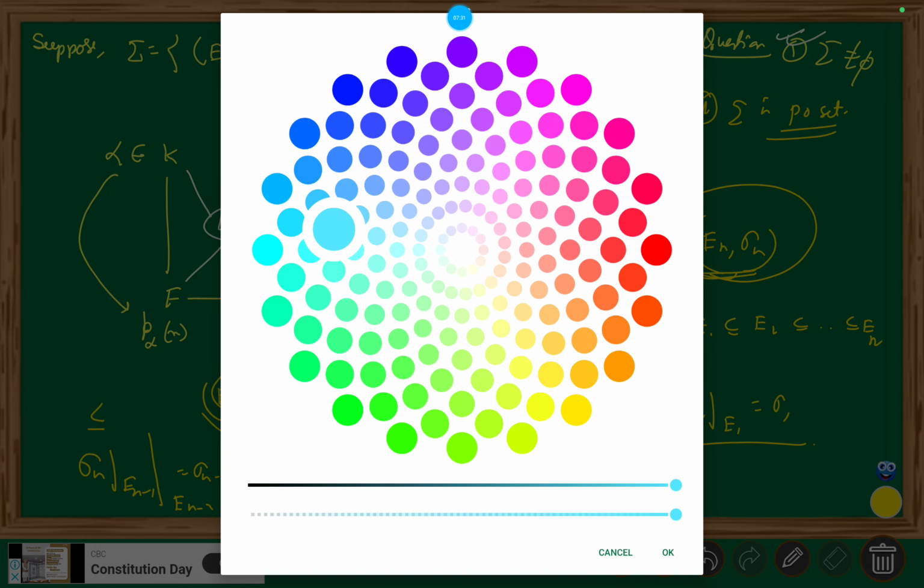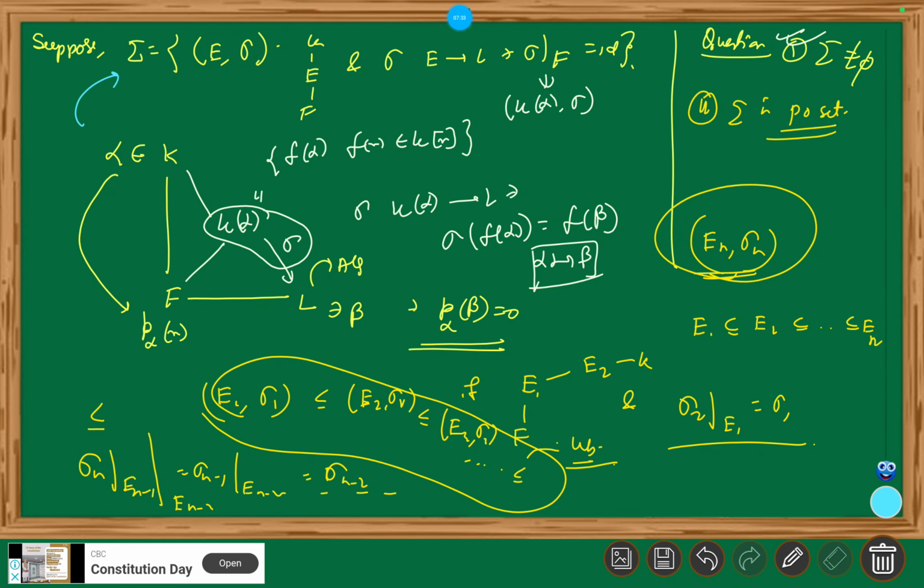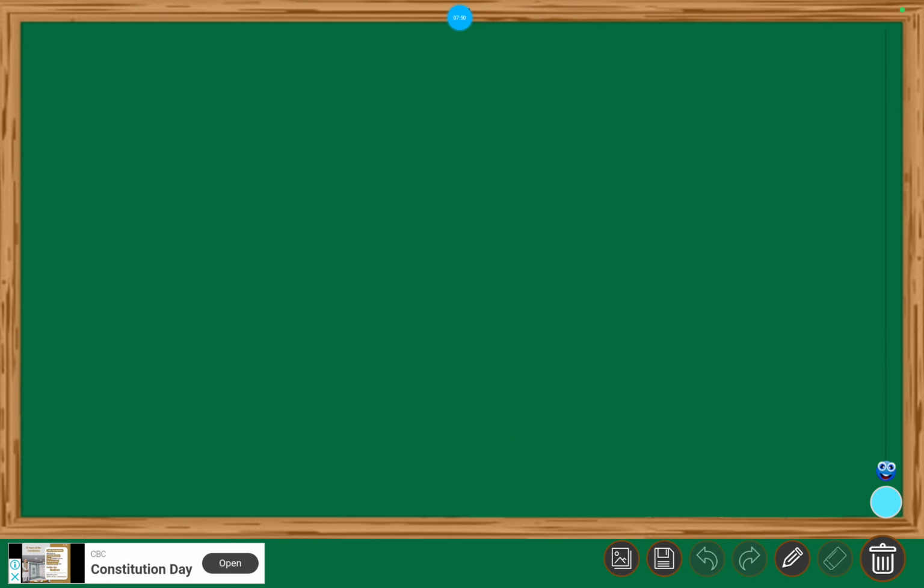So it must have a maximal element. Let us call the maximal element (E tilde, sigma tilde). Okay, so we have here again